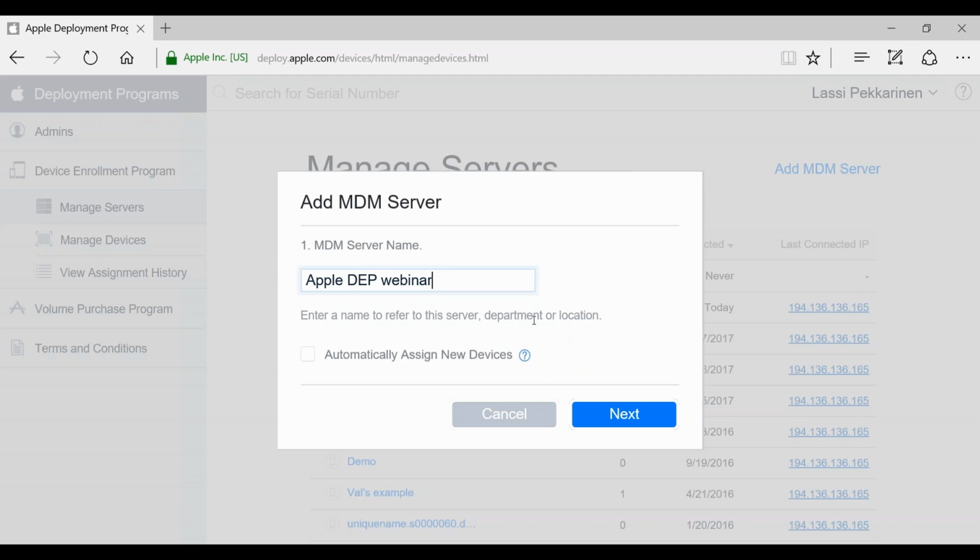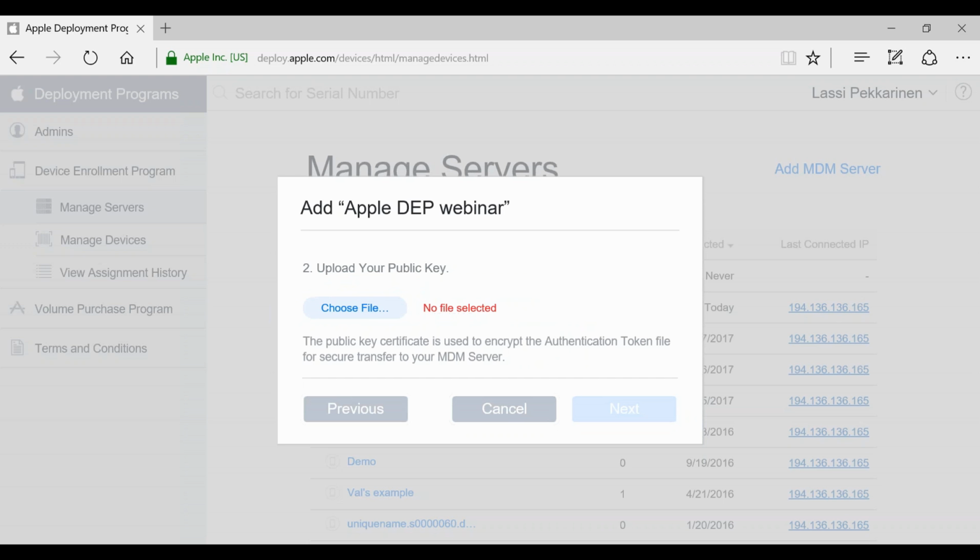Then in case you have only one production server added, you can tick this box, which means it will automatically assign all the new devices you purchase through the reseller channels of the DEP program to this server. But in this demo case I will not tick that, as we have multiple others as well. So let's click next here.